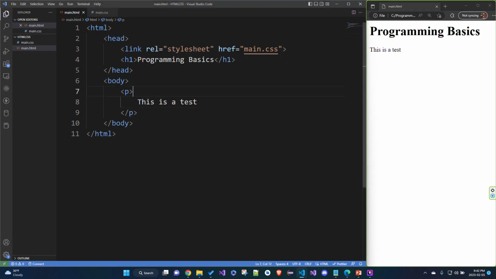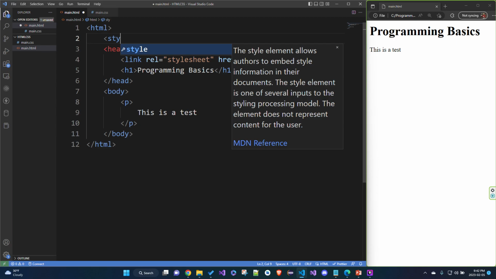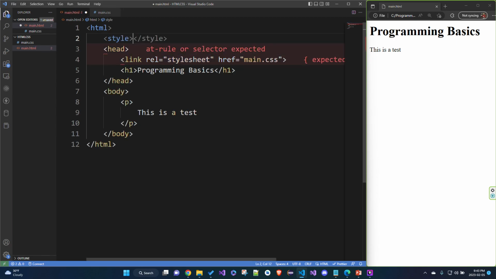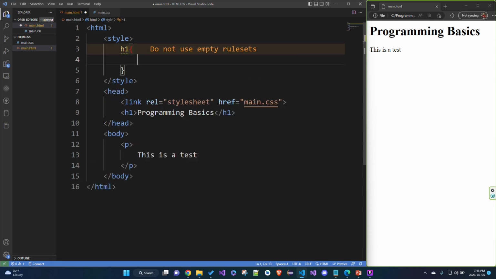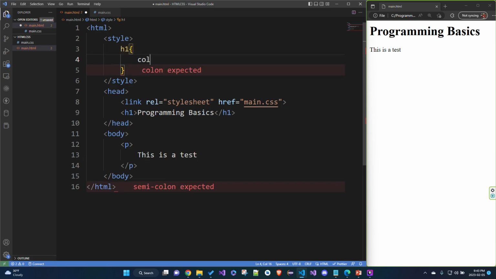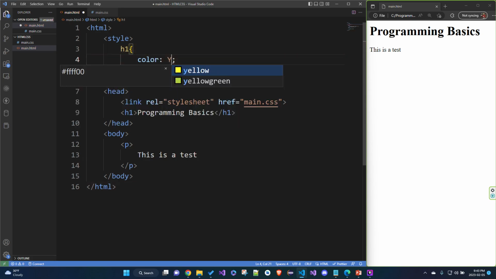Okay, now the second way to do it, it's not a terrible way of doing it, it just makes the code longer, that's all. Is putting a separate style clause up here. So we can have style, and we can have h1, so if there's an h1 tag, we can set its color to yellow,